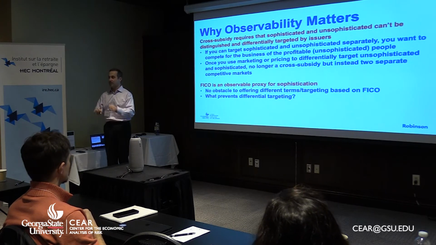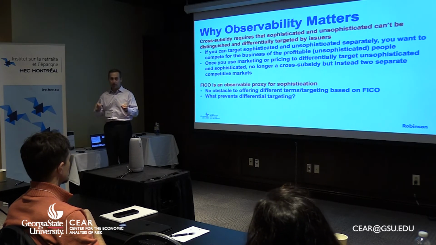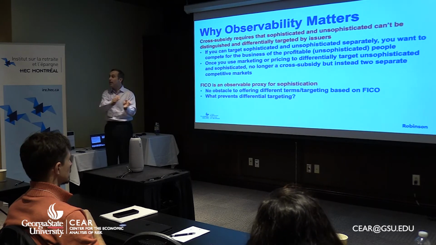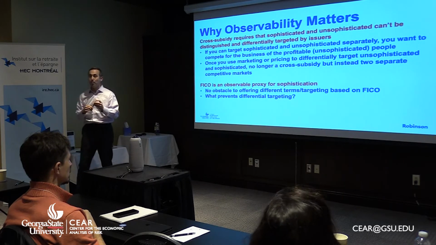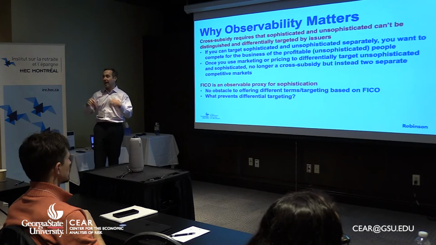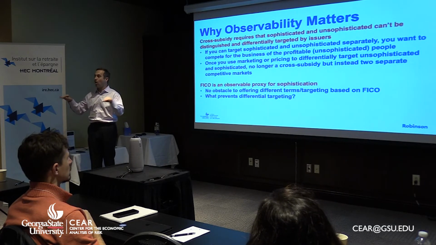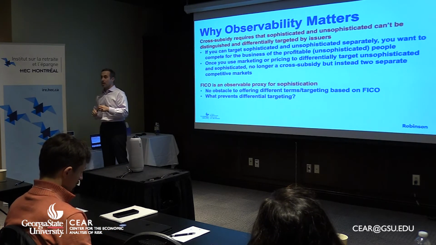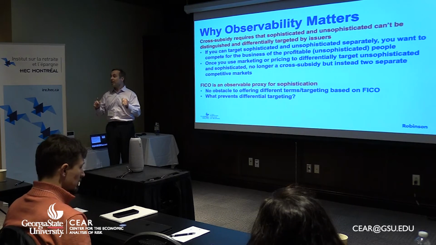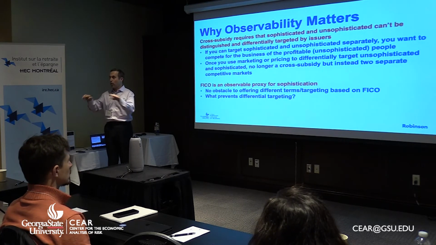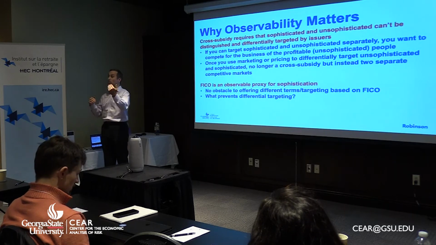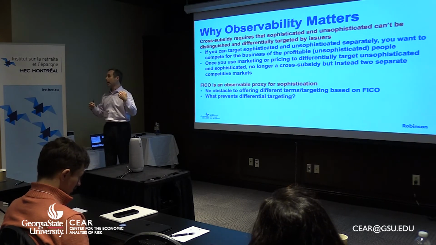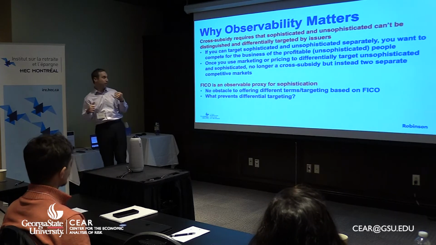There can't be cross-subsidies, there can't be redistribution, there can't be transfers, because we have competitive markets that are operating separately in these different buckets, absent a regulatory concern like I am required by law to offer all guys the same rates regardless of FICO. But like clearly that's not true, right? Clearly good and bad FICO guys get different rates. And by the way, even if they got the same rates, which they don't, you can still have differential competition in the marketing. So you offer them the same rates, but then you notice one group is more profitable than the other, so you load up on the marketing on the more profitable one, not on the unprofitable one.